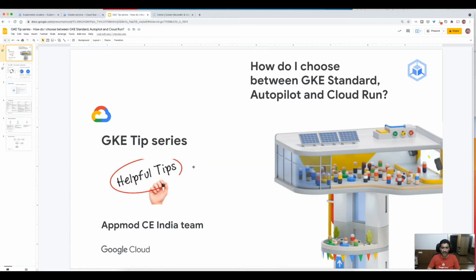In this chapter of the series, I will talk about how do you choose between GKE Standard, Autopilot, and Cloud Run. Let's talk about each of these services, give a small overview of it, and do a comparison between the services. Then I will take a sample application and deploy it in all the three services. And finally, I will show you a simple flowchart that will help you to pick the right service for your